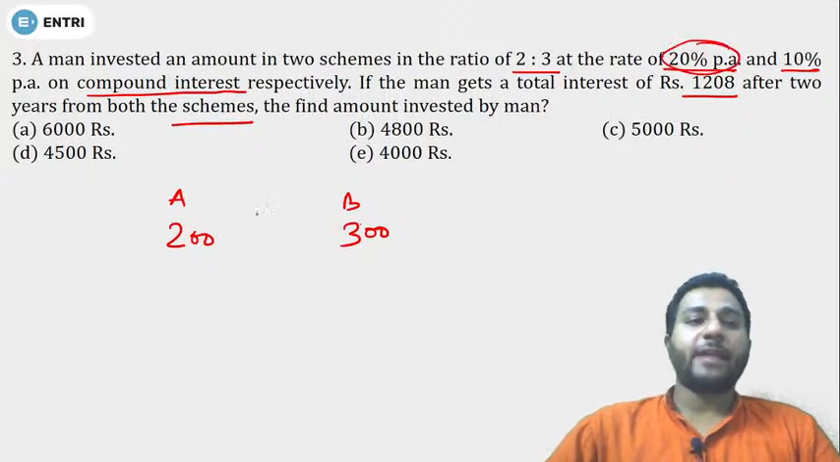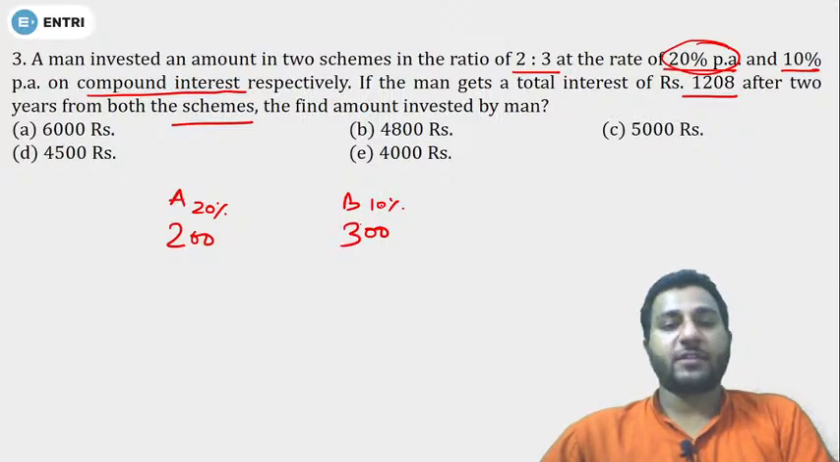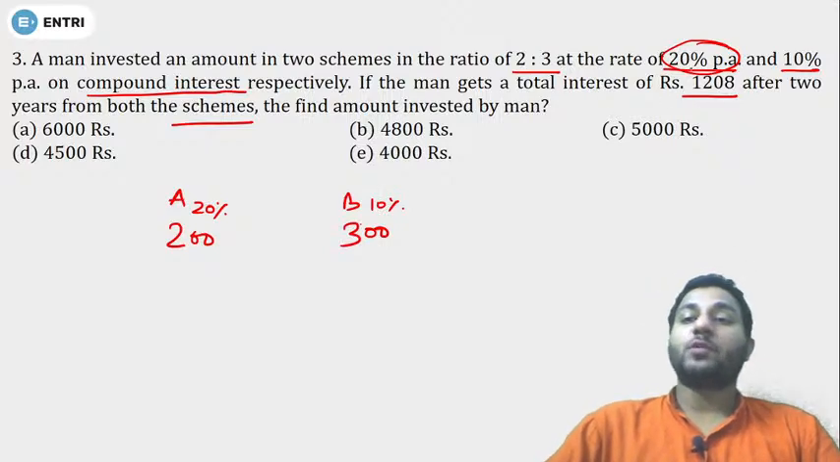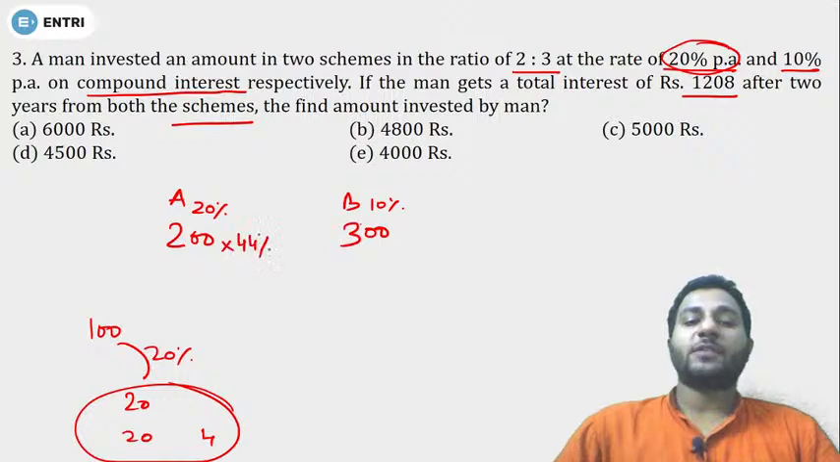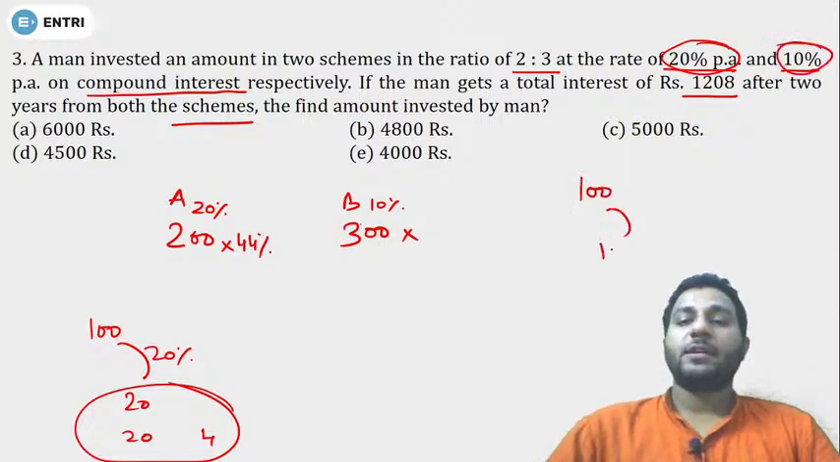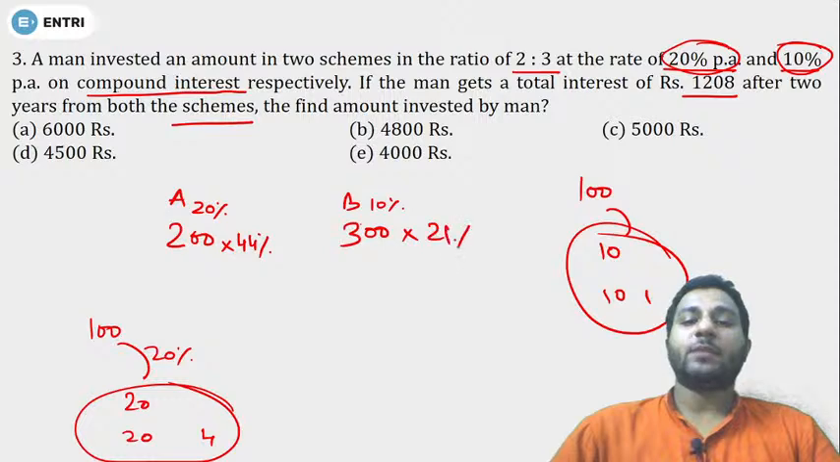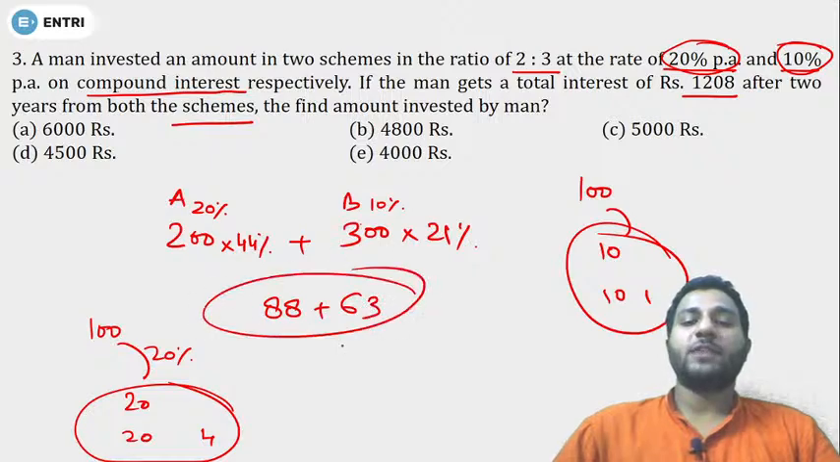20% per annum and 10% per annum. So it has 20% rate of interest and the second one has 10% rate of interest. If the man gets a total interest of 1208 after 2 years from both the schemes, यानी 2 साल का आपको कंपाउंड इंटरेस्ट लगेगा. अब आपको पता है कि कंपाउंड इंटरेस्ट को जब आप सपोज करते हैं 100 तो वो सक्सेसिव लगता है. तो 20 और कितना 4. So we have to find 44% of 200 and with the 10% it will be 10, 10 and 1 यानी 21%. So the total will be 88 plus 63, which means